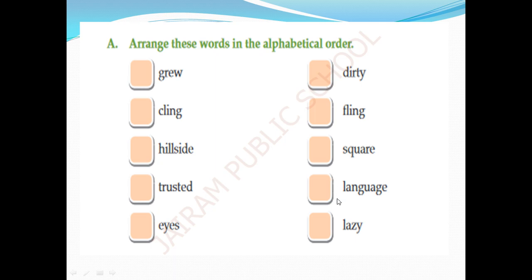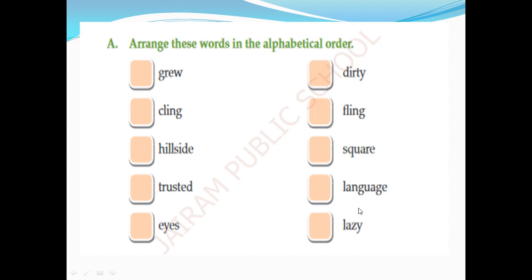Now we missed some alphabets. We don't have some alphabets here. Then you go for the next. Okay, so after L we have S here. We have only one S beginning word, which is square, so you write number 9 here. We don't have one more S beginning word, but next after S is T. So here trusted is the last word. In this way we have arranged the words.